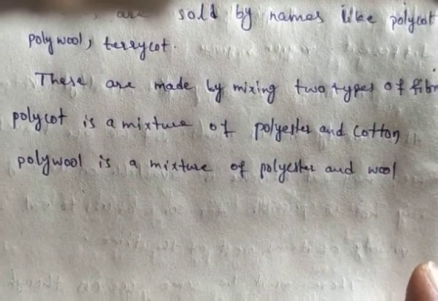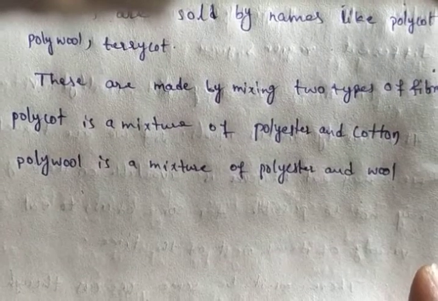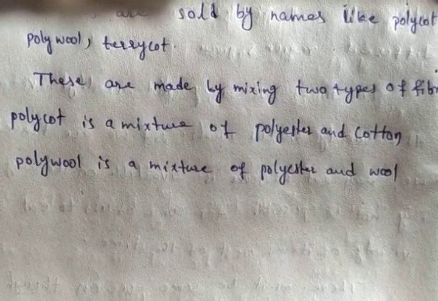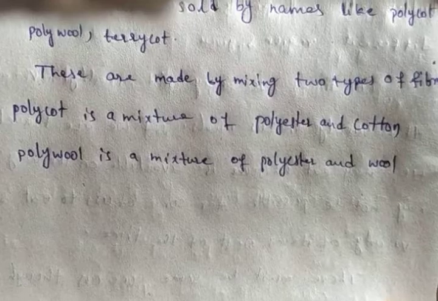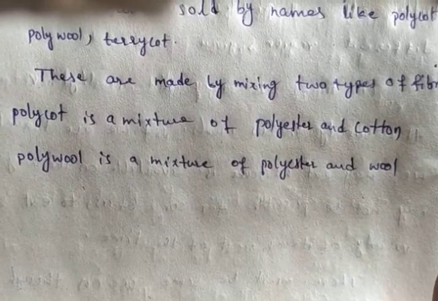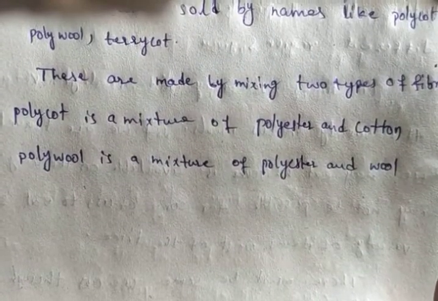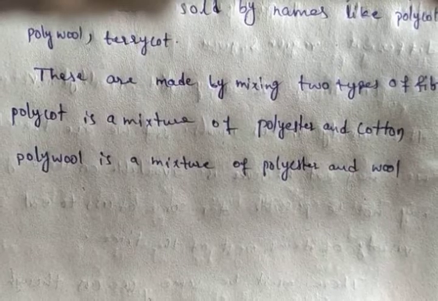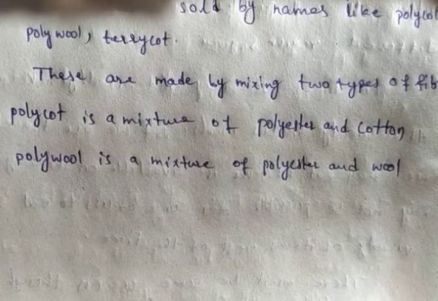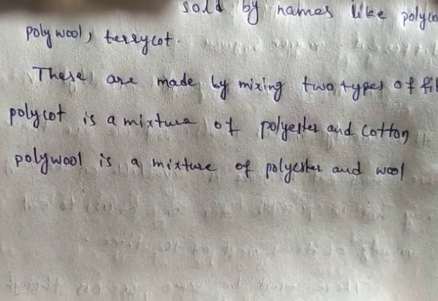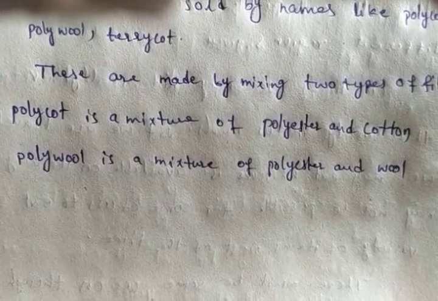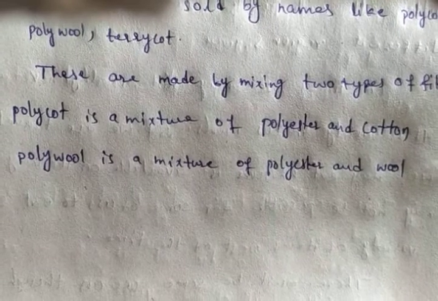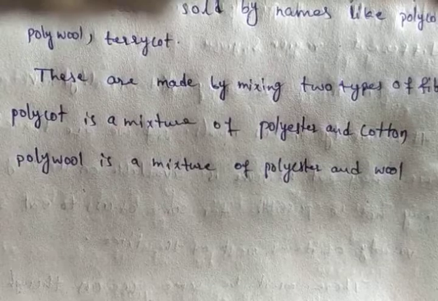It looks like wool. That's why in the winter season we use shawls, sweaters, and blankets made of acrylic. It is relatively very cheap, and they are available in a variety of colors. Synthetic fibers are more durable and affordable, which makes them more popular than natural fibers.